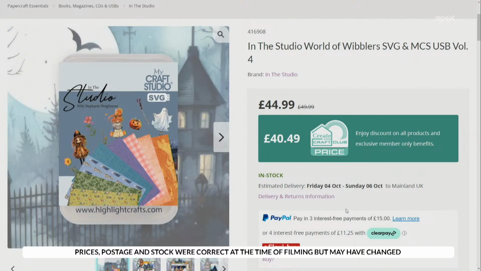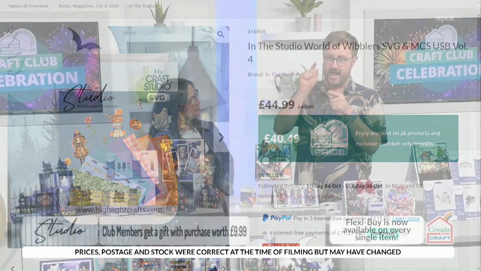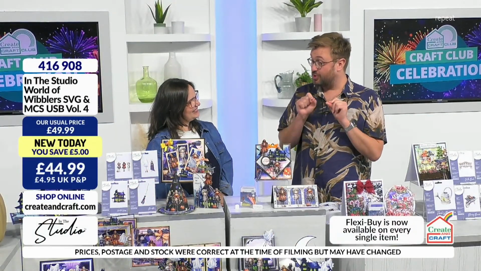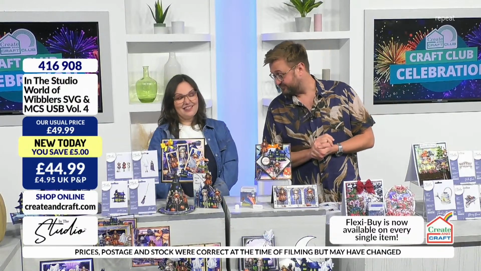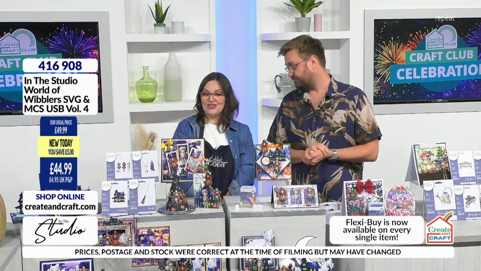Now, you can already see it right here, the USB. This is really intriguing because, look, you see Minecraft Studio and SVG written on the same USB. Hannah, this is jolly exciting. So if you are a collector of Wibblers, perhaps you're brand new to the collection, this